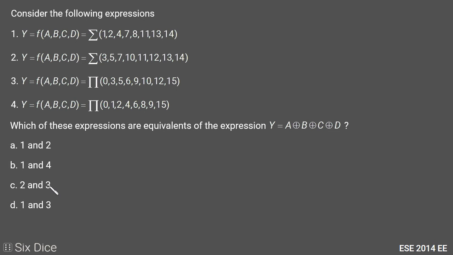Second and third cannot be true because then all of the options would give this answer, and option B is also not true. So first and fourth cannot both give the same answer. Only either first and third or second and fourth give the answer. So just by looking at the question we can determine the answer is 1 and 3, which is option D. But let's go with the calculation first.